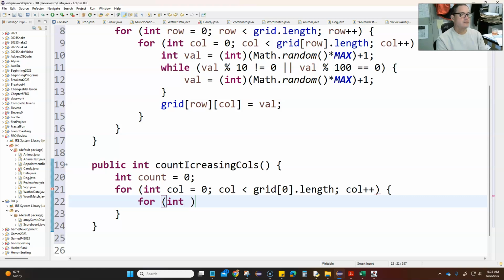And now I can say for a row, row is less